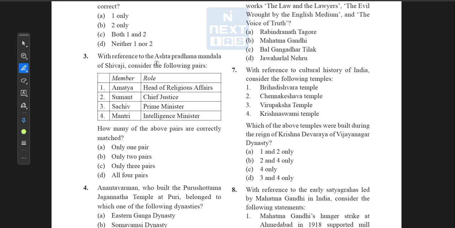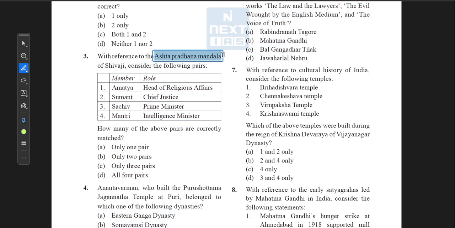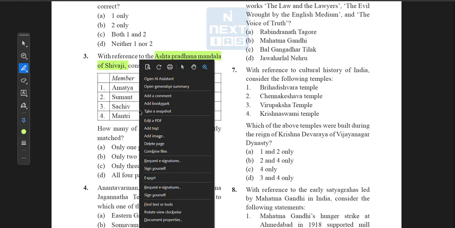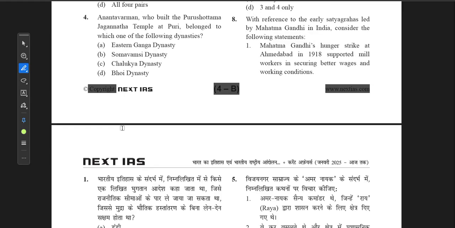With reference to Ashta Pradhan Mandala of Shivaji, consider the following pairs. Member and their role. Amatya was the head of religious affairs. Sumant was the Chief Justice. Sachiv, Pradhan Mantri, Intelligence Minister. I don't know, so leave this question. Now the next question is